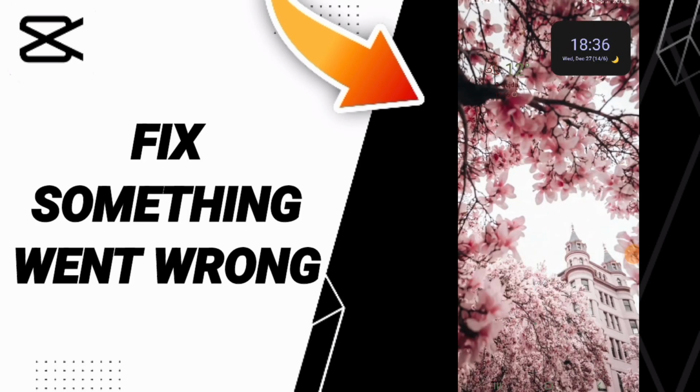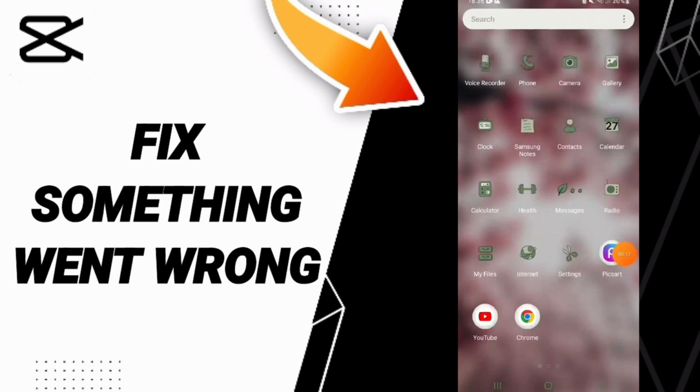Hello everyone, today we'll talk about how to fix or how to solve "Something went wrong" on the CapCut app. To know how to fix or solve "Something went wrong" on the CapCut app, you should just go to